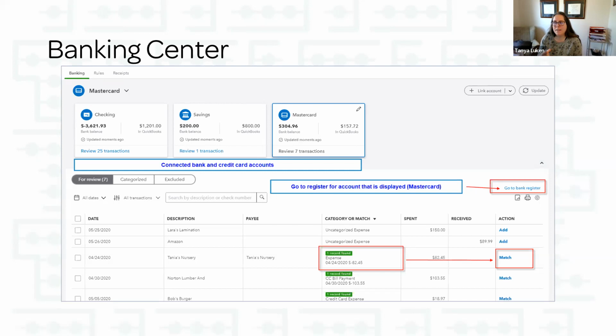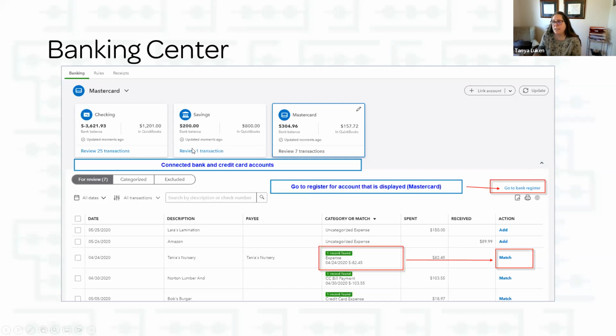They have like 15 layers of authentication to get into their bank, and QuickBooks just can't handle that many layers. If you have multi-factor authentication turned on for your banks, which all of you should, you're going to get some connection errors when you go into your bank center. But if you just click the update button, it'll prompt you to put in the code that's coming to your phone or from your authenticator app or your email. So just keep that in mind. All of you should have that turned on for your banks regardless.